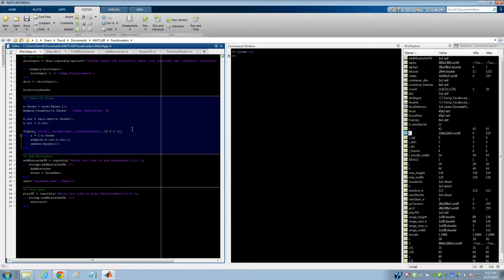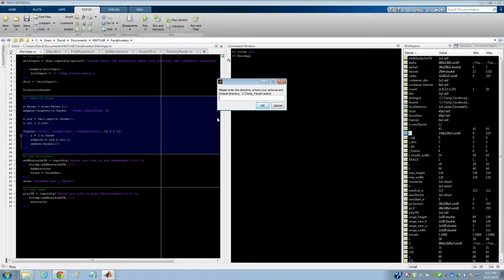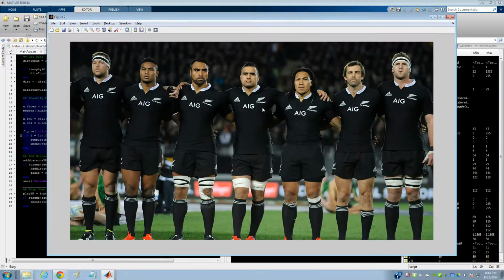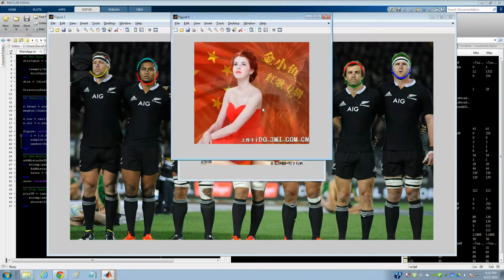Main app. And the code will offer to read all the pictures that appear in a directory of your choice, and it will default to a directory C temp FaceInvaders. So I will use that default. I've put some pictures in there. You can have different file types, PNG, JPEG, pretty much whatever. There's a movie star, and the All Blacks, movie star again,